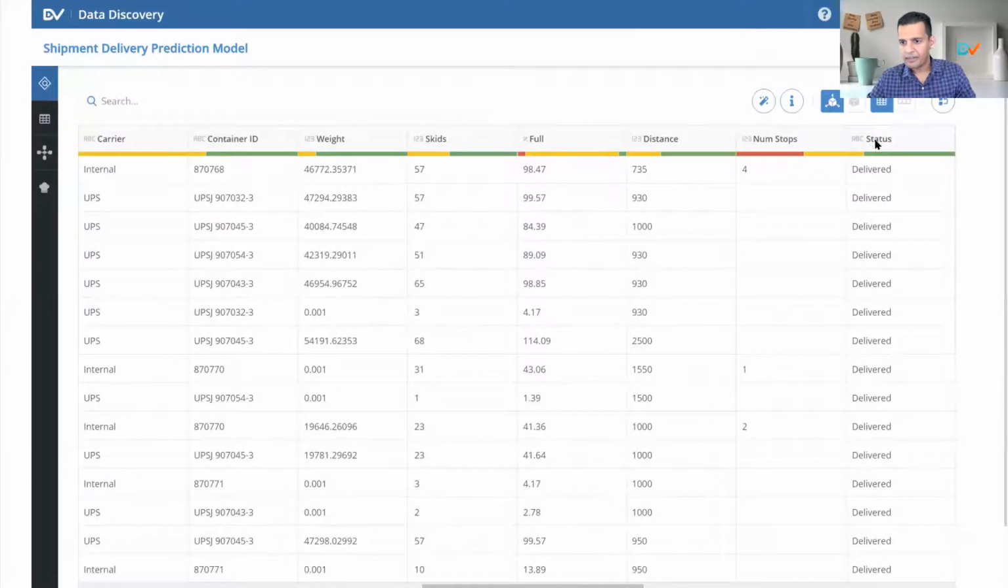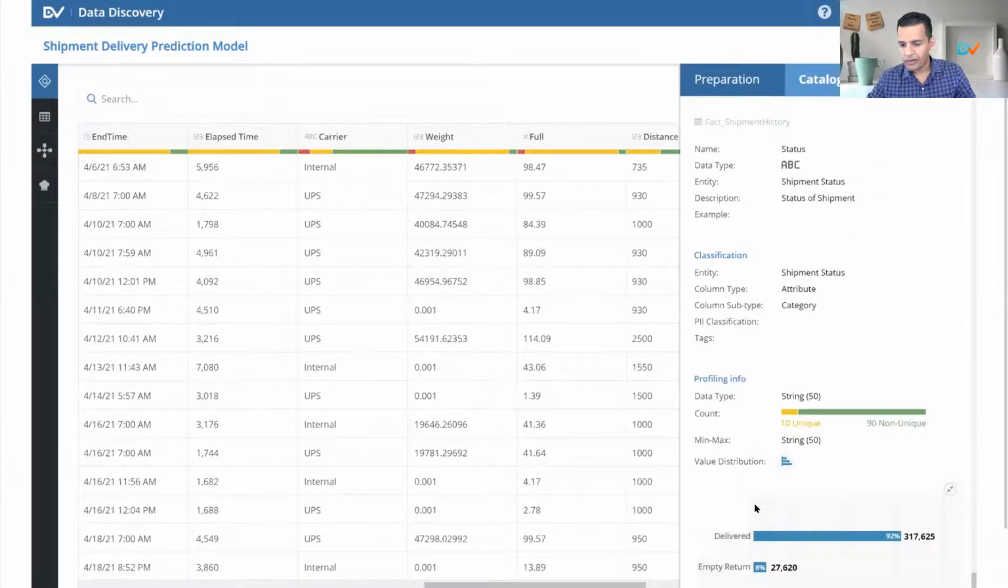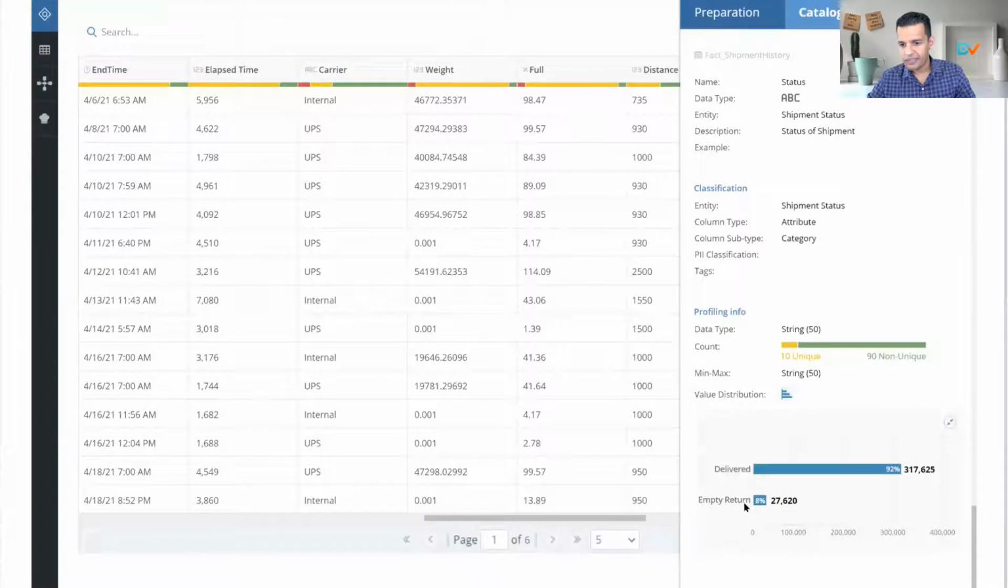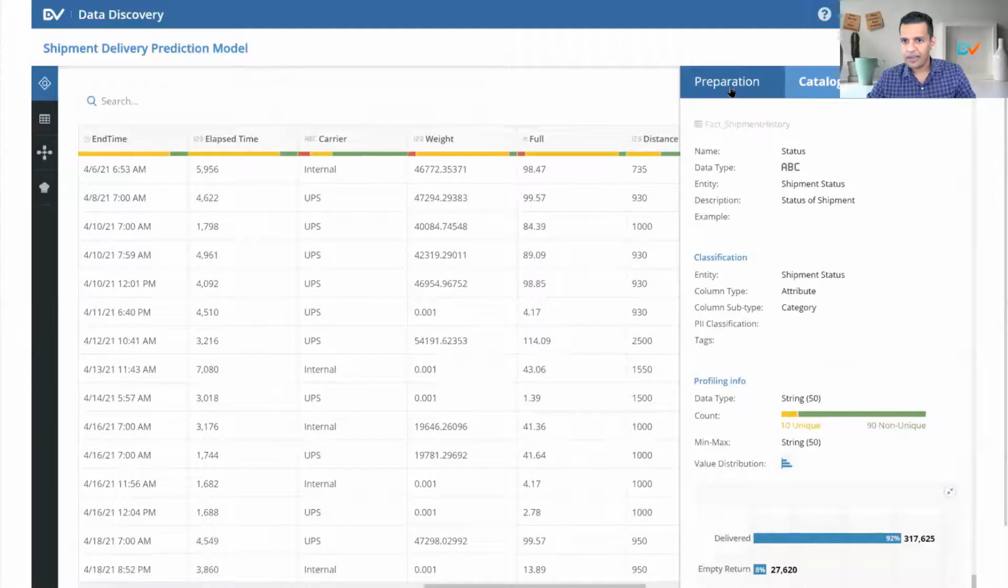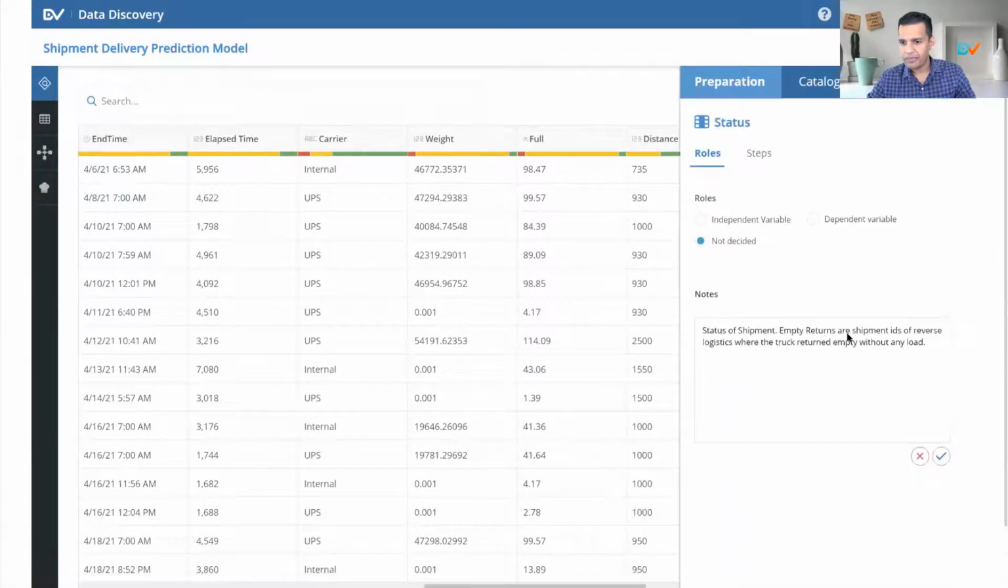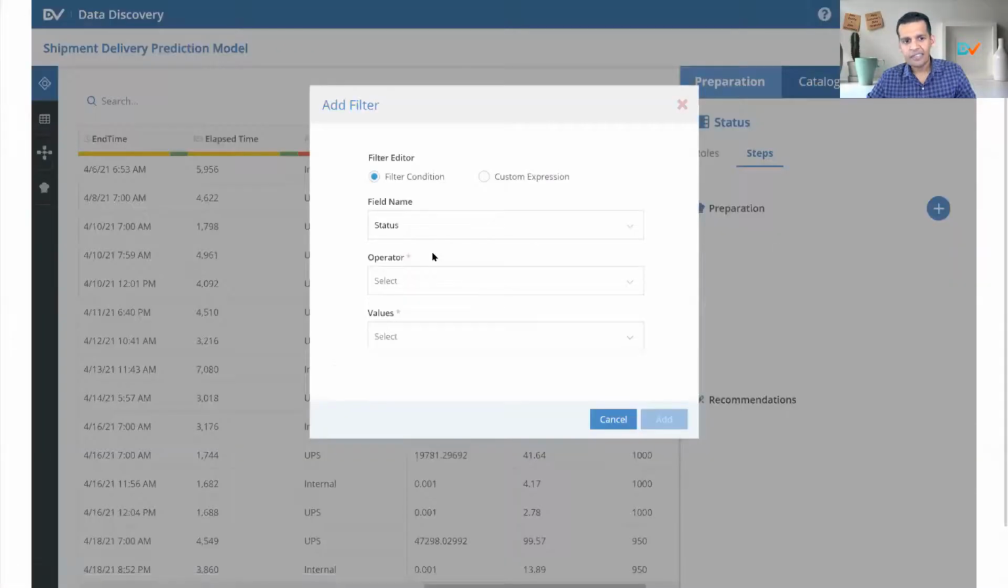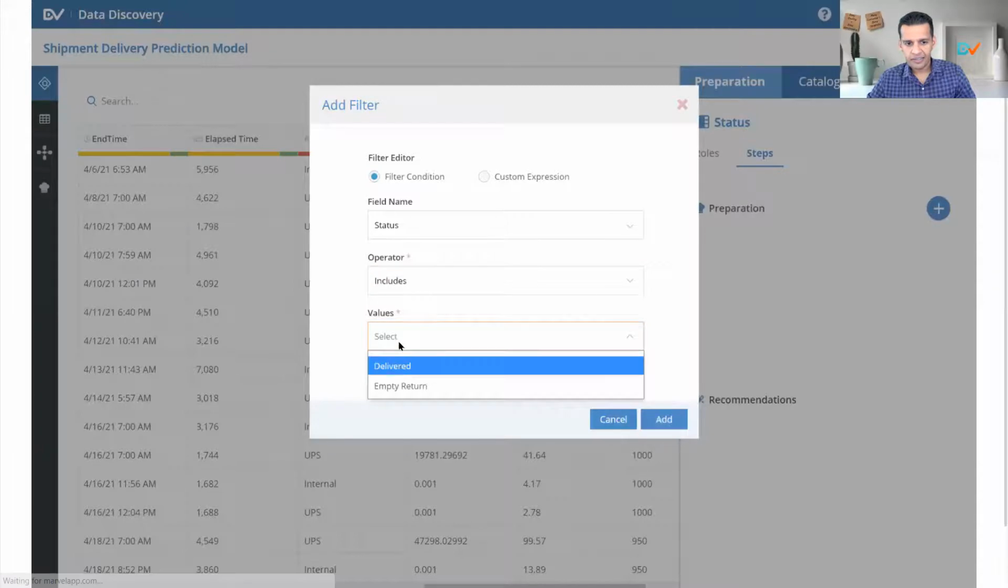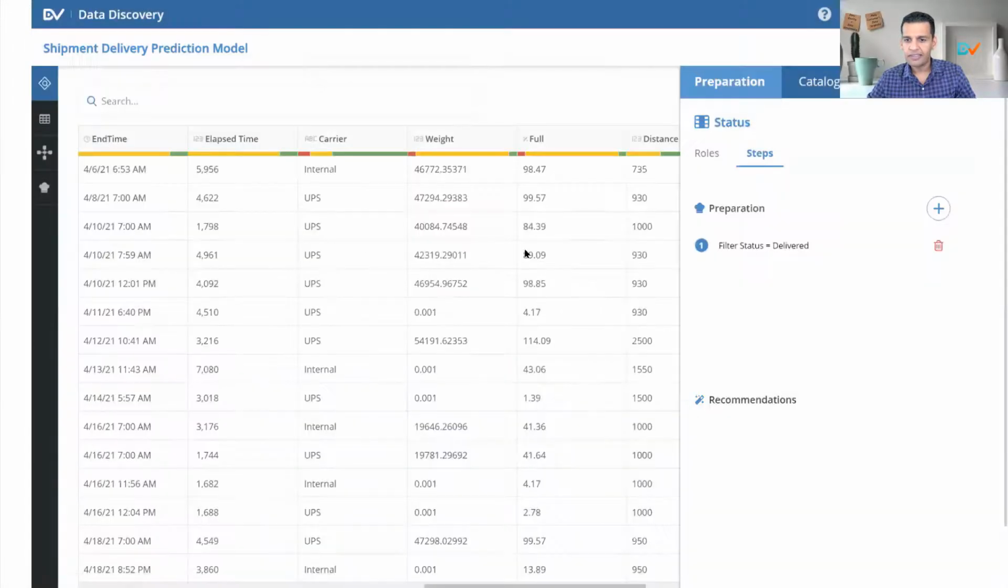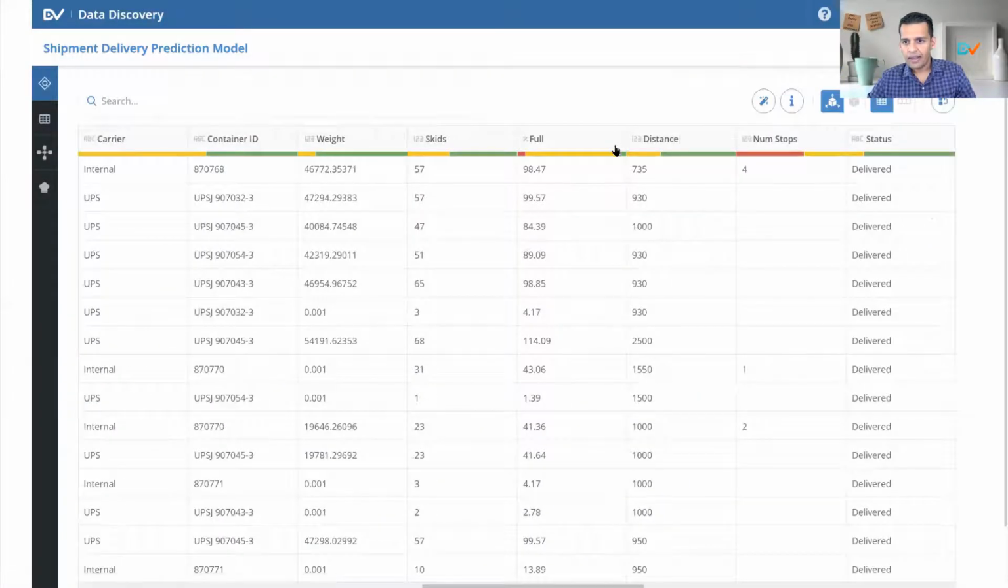Status field. I want to make sure that all delivered, but no, I do see empty returns as one of the statuses. So again, as part of my discussion, I can say empty returns are not supposed to be included in this model. So I can go ahead and add a filter, add status as a filter, and say only include delivered columns. At this point, I believe I have, so similarly, I can go and complete all the other columns